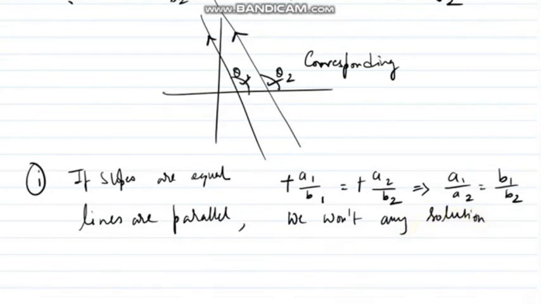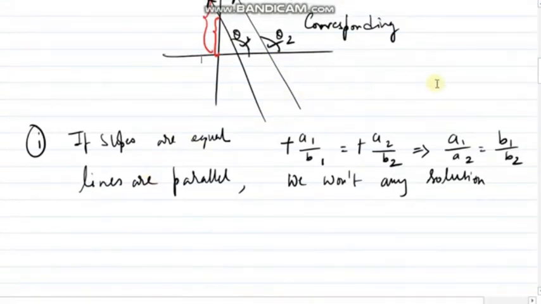Now check, here slopes are equal but y-intercepts are different. Do you agree? This is my y-intercept, the portion the line cuts from the y-axis, that is known as y-intercept. For further assistance, you can check the video of quadrant geometry. So if my y-intercepts are equal, in this case y-intercepts are not equal, right?